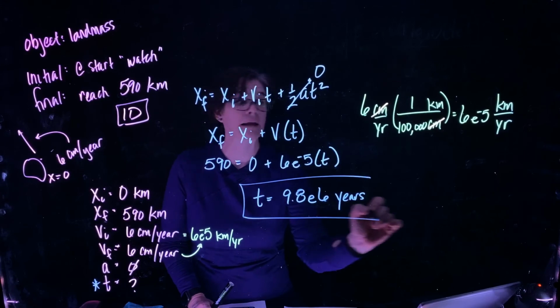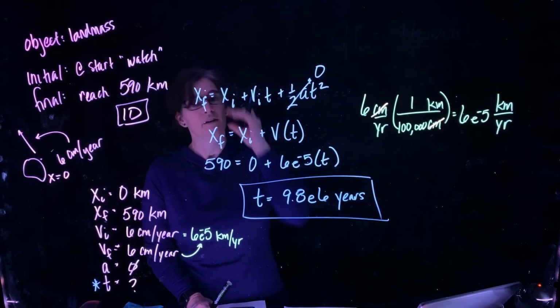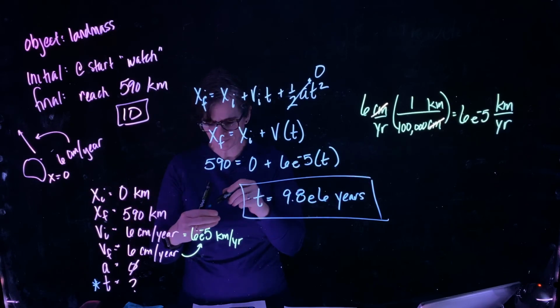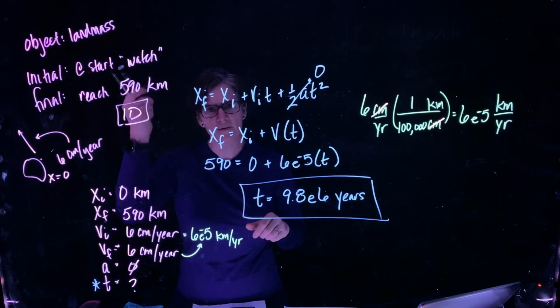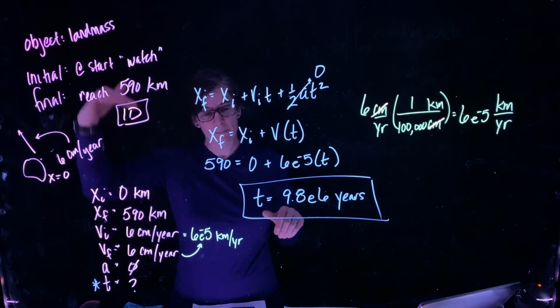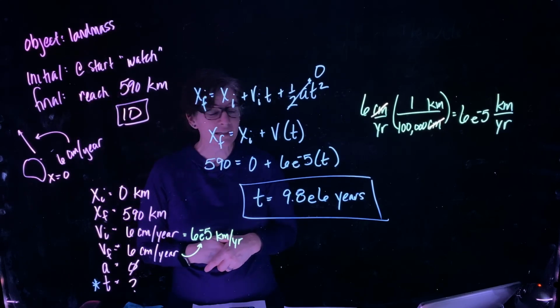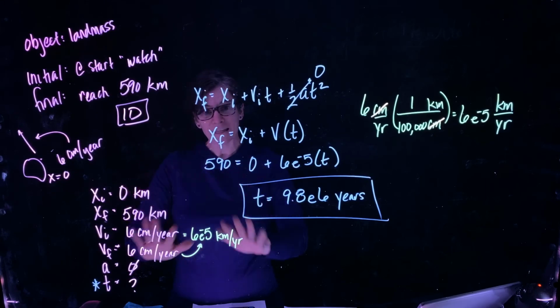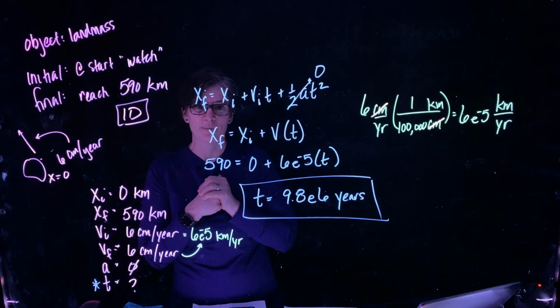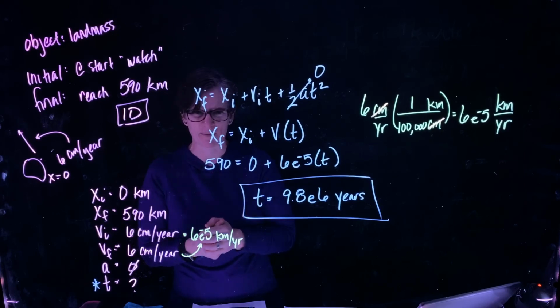So at that rate, it's going to take an awful long time for Los Angeles and San Francisco to be at the same level. All right, so recognizing our object of interest, recognizing the type of problem we have, that one dimension can be along a northwest meridian, in this case it is. Making sure we're staying consistent with our units, and using our kinematics problem solving to solve the problem. Good job.